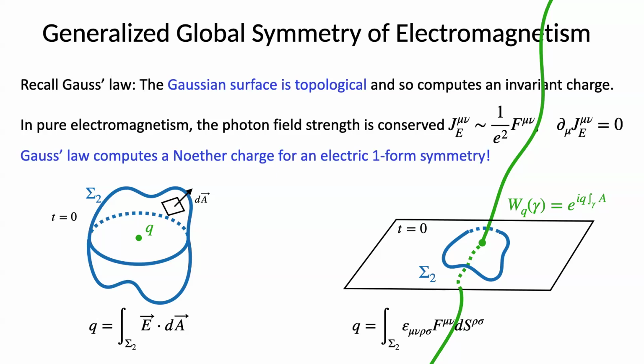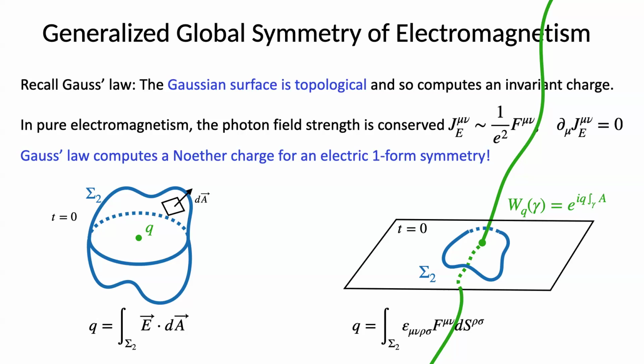As I just told you, with a two-index tensor, so one-form symmetry, the charged object is some one-dimensional operator. And indeed, anytime you were using Gauss's law, what was really going on is that you were considering a heavy Wilson line somewhere in space, and that point is just where it intersects that time slice. Here I have this more covariant picture, and you can write down Gauss's law in a more covariant way, where you're integrating the current over this two-dimensional surface. That also makes it clear that there is a full 3+1 dimensional topological invariance here.